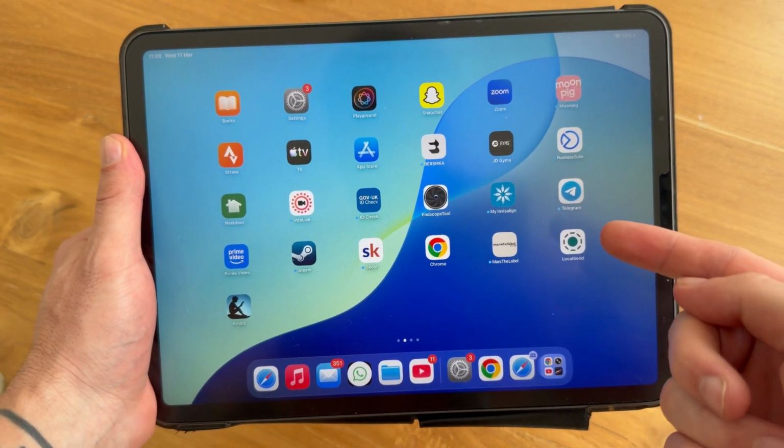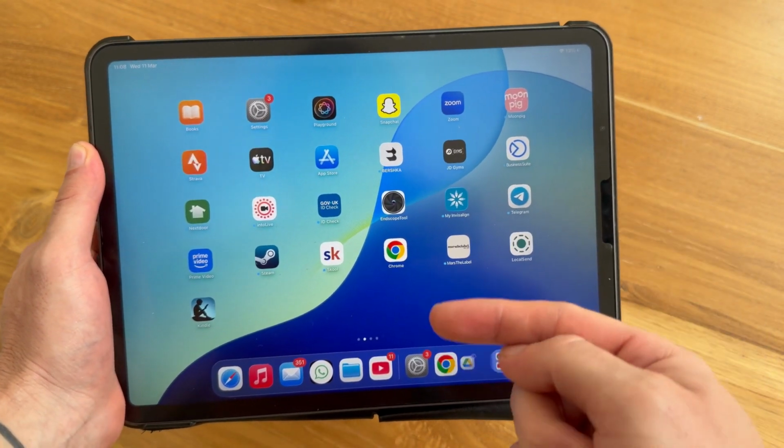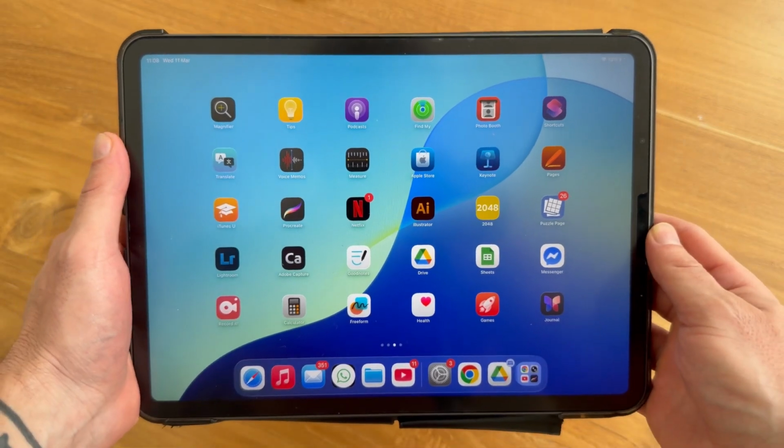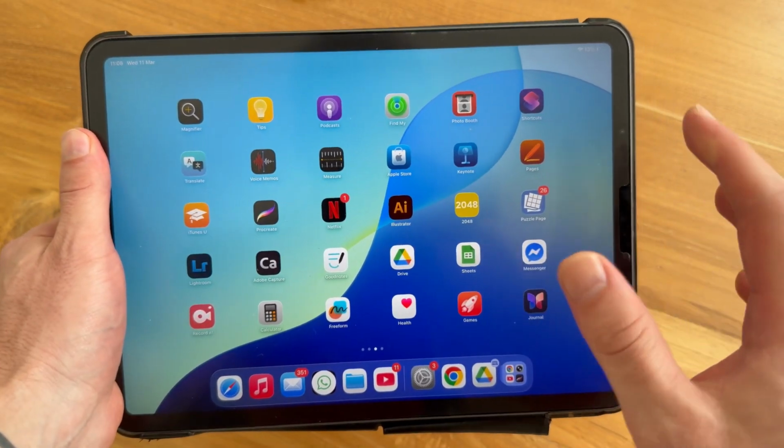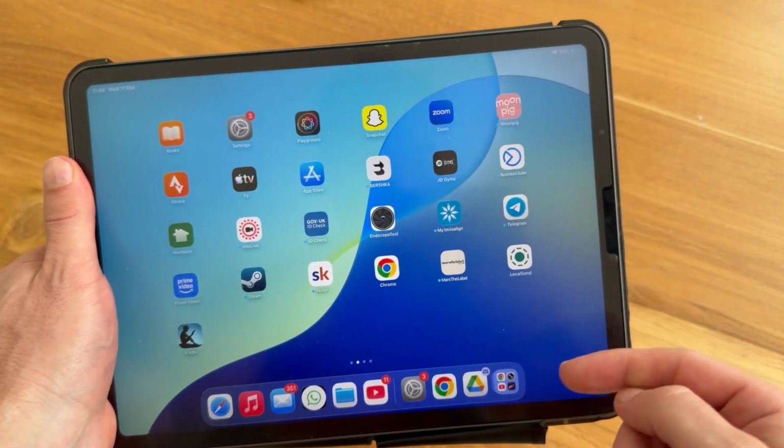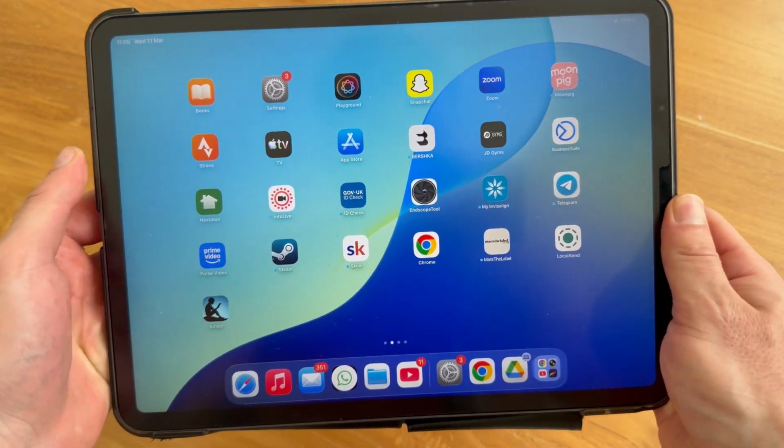In this video, I'm going to show you how to permanently remove apps from your iPad. Now, it's really easy to do, so let's jump straight into it. The first step is you need to unlock your iPad like so and head over to the